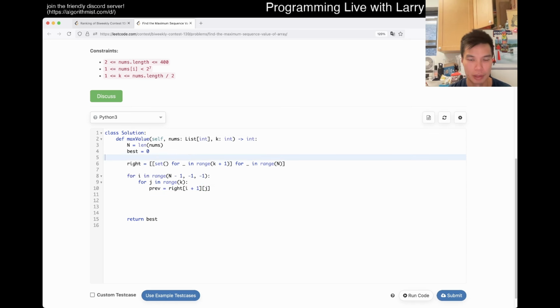So maybe actually we should do plus 1 here, should be fine. No, j, right? And then basically you either tick or no tick, right? So right sub